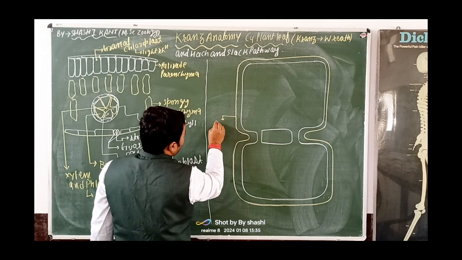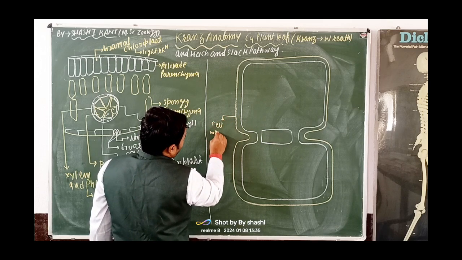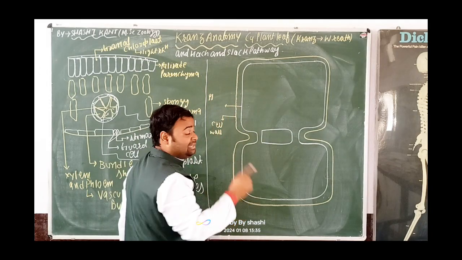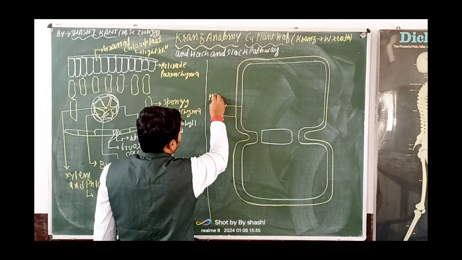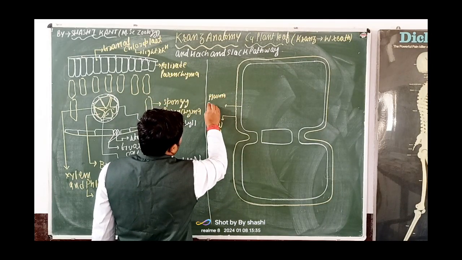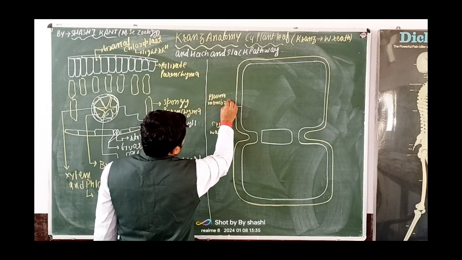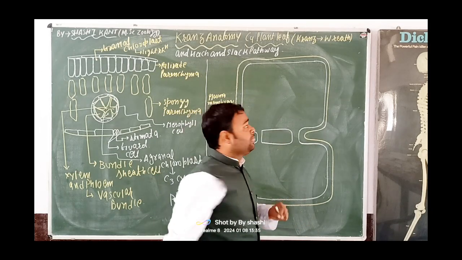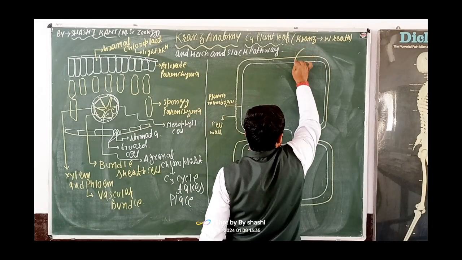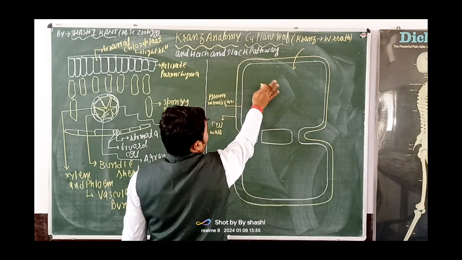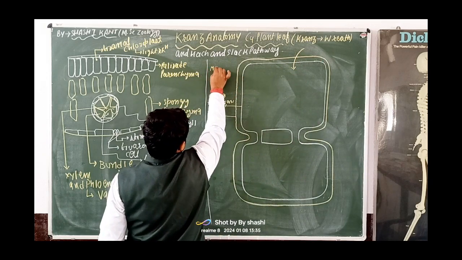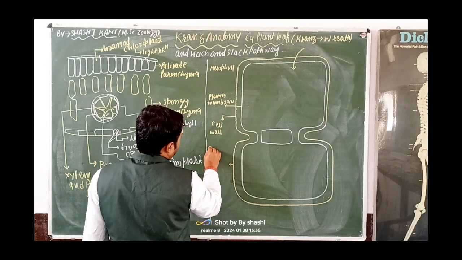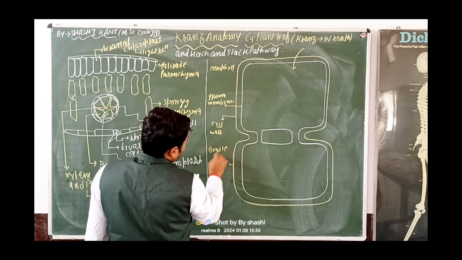This is the cell wall, and this is the plasma membrane. The plasma membrane is a semi-permeable, selectively permeable membrane, while the cell wall is permeable. So, what happens here? The carbon dioxide diffuses in from outside. The upper one is the mesophyll cell, and the lowermost is the bundle sheath cell.